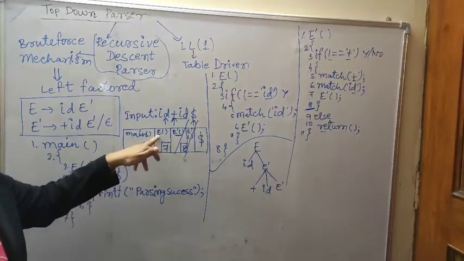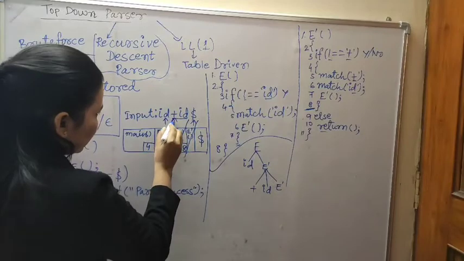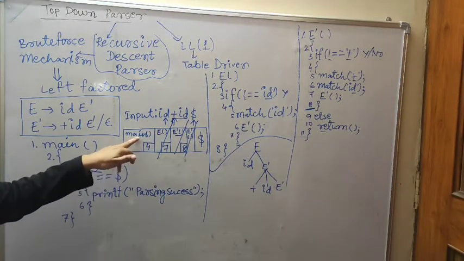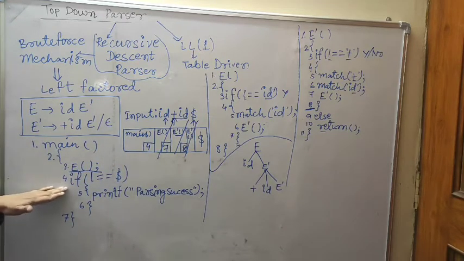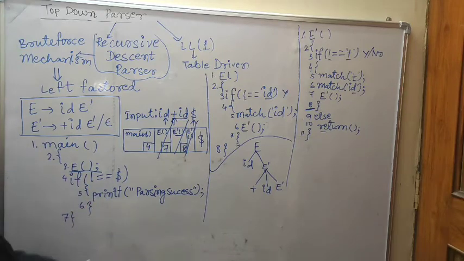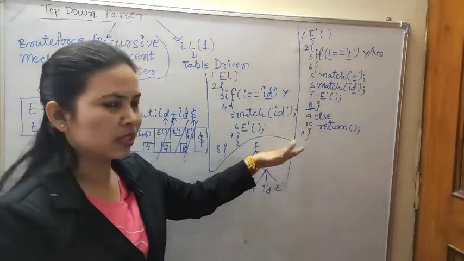Then we are going to the E function in the 7th number line. What is given? Close braces. Close it. Then we are going to the main function in the 4th number line. Main function, 4th number line. Now you will check it. Here a condition has been given. So here is not given any condition. That is why we are closing it, because closing braces is given.